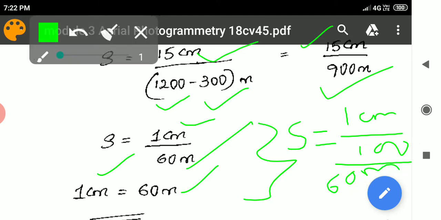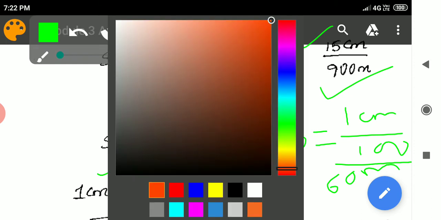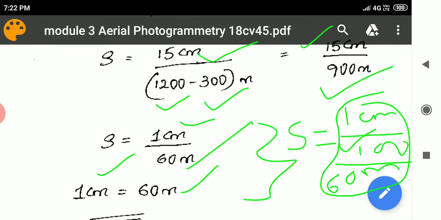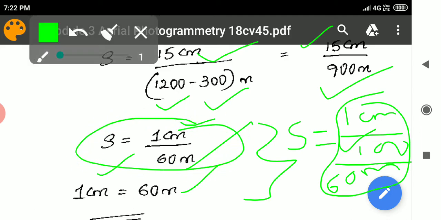So you will mention it like this, or else you will mention it like this also. Okay,